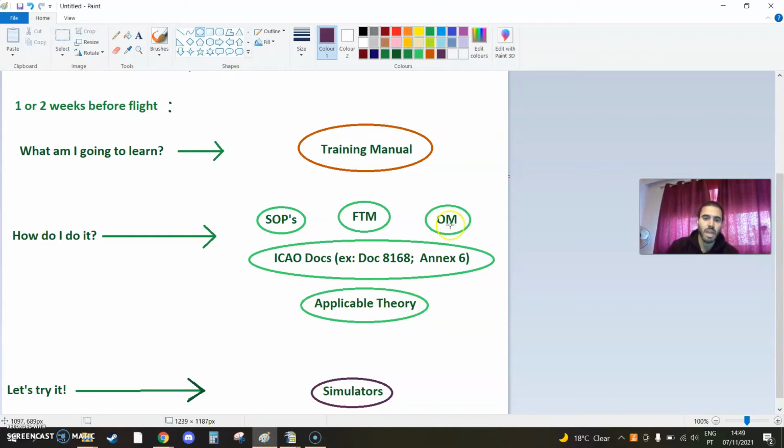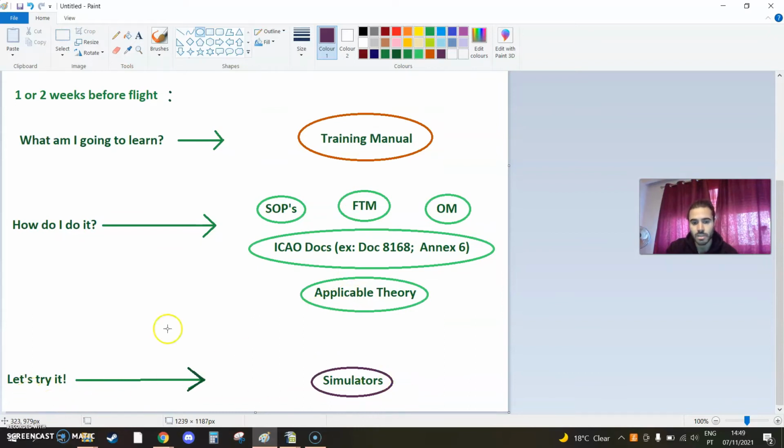And afterwards, after checking all these documents for what I want, let's say I want to intercept radials, I'm going to search each and every one of these manuals and see what they say about radial interception. And when I have that general knowledge about how to intercept a radial, I'm going to try it. I'm going to look for simulators to do it, which means you can have a flight simulator,